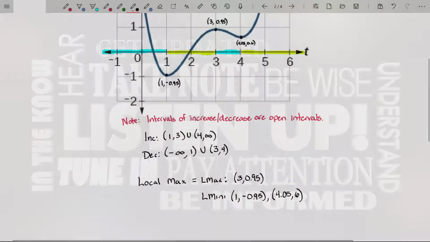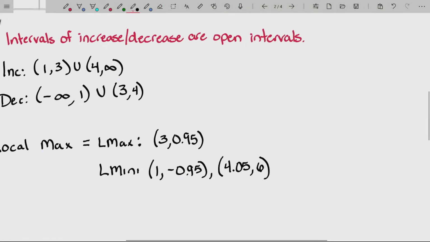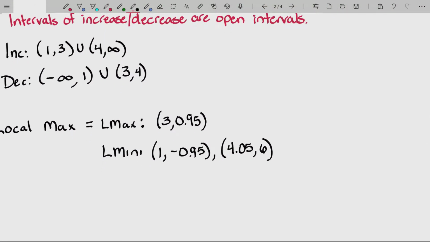I want to provide a little warning here. Some people will write these two points and say, well, I'm just going to glue those points together. And so they'll write it like this: (1, -0.95) union (4.05, 0.6). So it's (1, -0.95), and they glue to that another point. Well, this is improper notation on multiple levels. First of all,